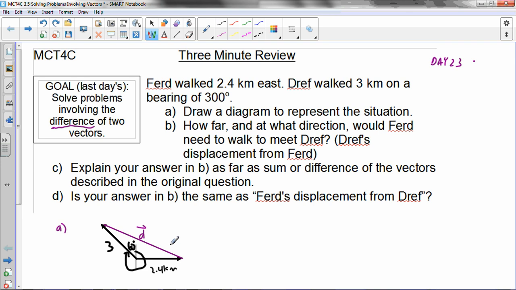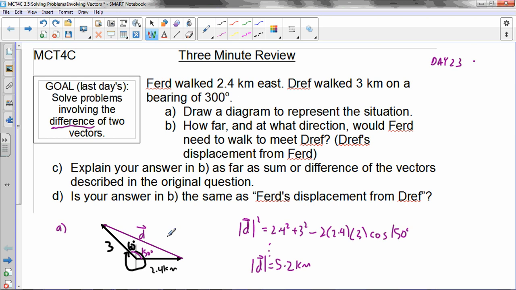Now how are we going to find it? Well, notice that the magnitude of this thing is what we'd like to find, and then the direction as well. This angle here, that's in between the two walk distances, 2.4 and 3, is 90 there, 60 there, it's 150. So this angle here, that's 150, right? And now I can use the cosine law. Can't use the sine law because there's no angle side pair, but we've had lots of practice at that. So 150, make sure you take the square root at the end, and you get about 5.2